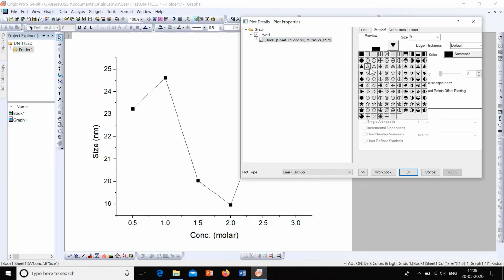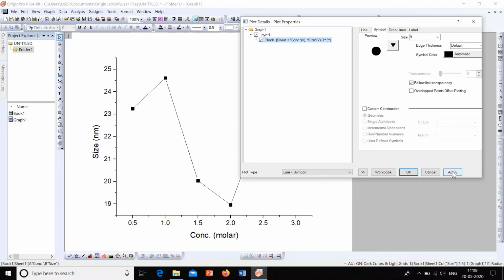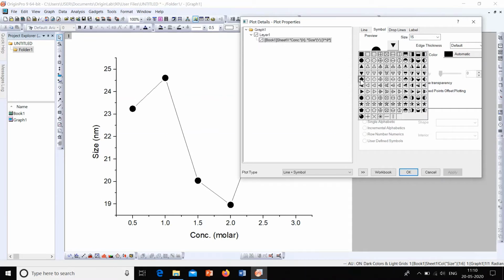You have many different kinds of symbols to be displayed there. It can be circles, solid circle, then check by applying. So it's a circle now. You can increase the size from here. It is 9 by default. Let's make it, say, 15 and apply it. So our symbols are bigger now. Now check out some other symbols here,